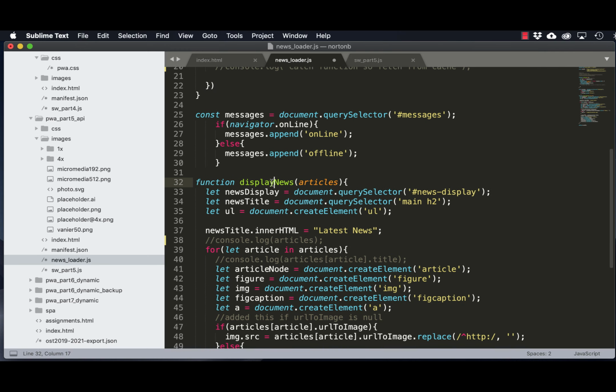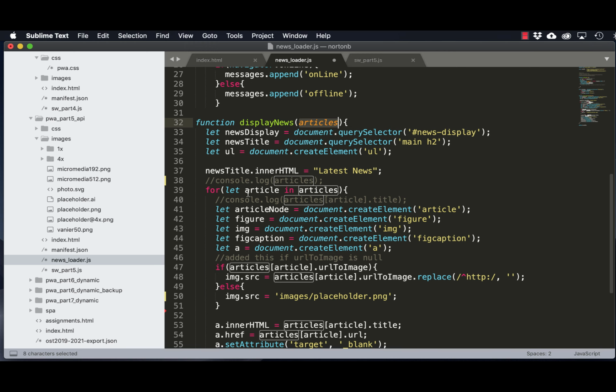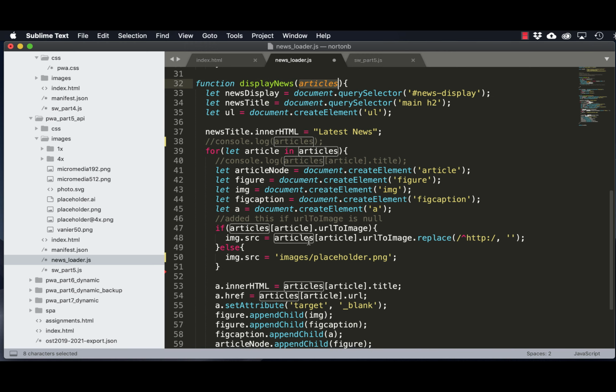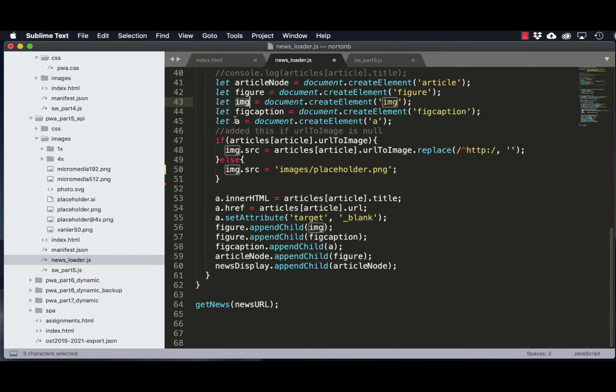That function takes the JSON and loops through each article in the article section and creates a node, adds an image with a caption and a link inside that caption, and then puts the title of the headline